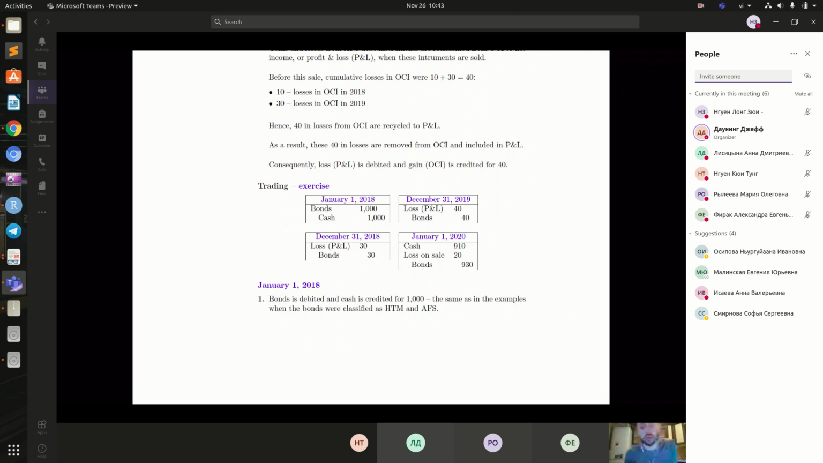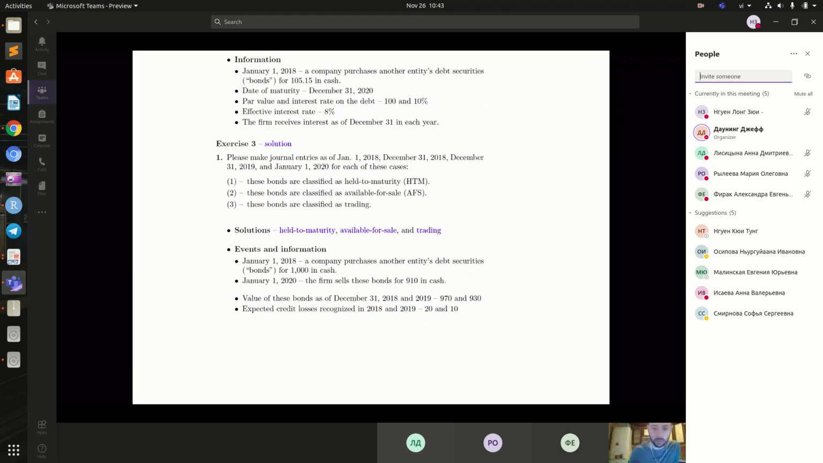The journal entry for January 1st, 2020 from the sale of these bonds is the same as for the sale of the bonds with available for sale. And that is exercise 3. So if there are no questions on exercise 3, we'll come to